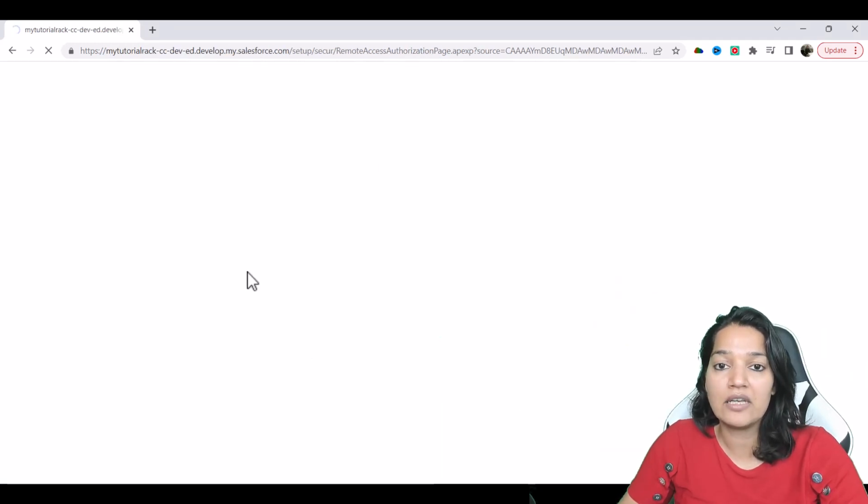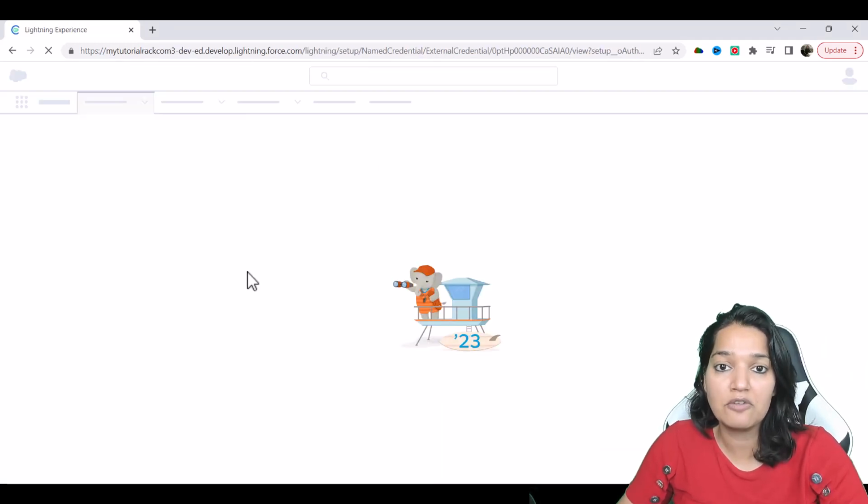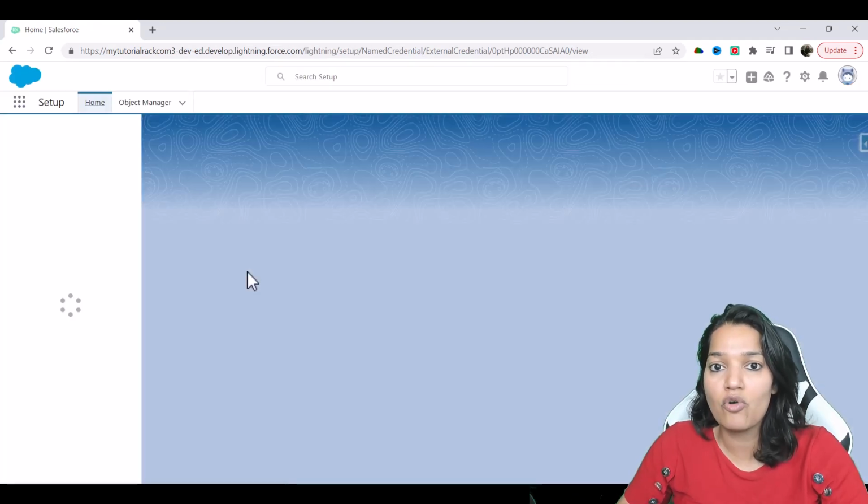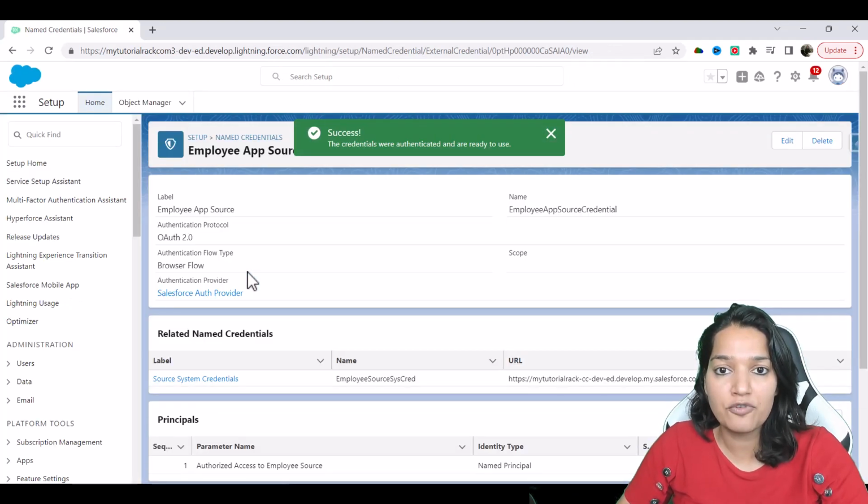I do not have anything that I need to allow permissions, but if you have changed the scope in your connected app, wait for a few minutes and then re-authenticate yourself and make